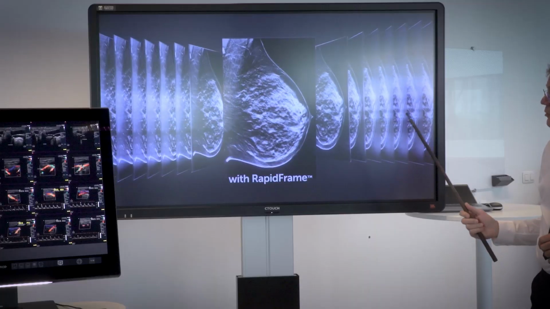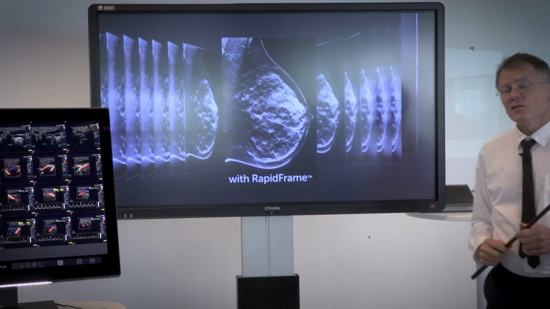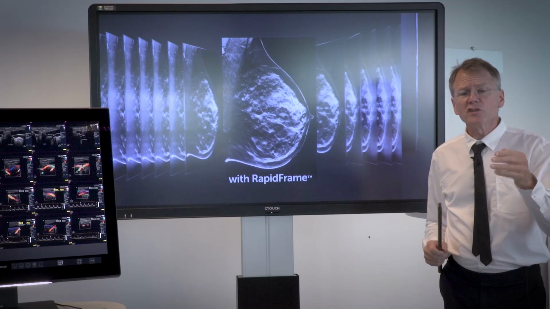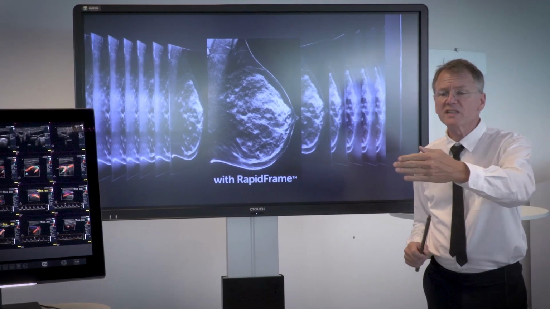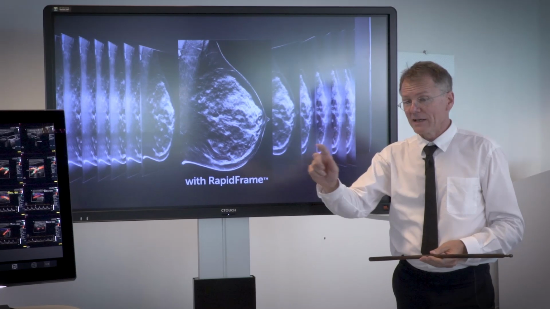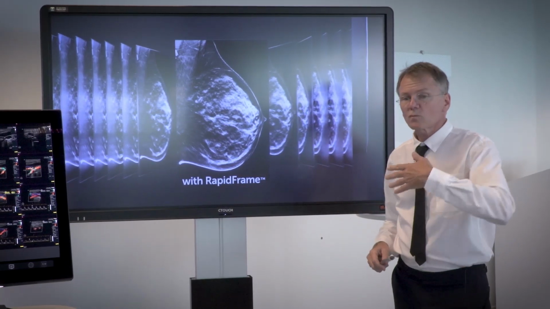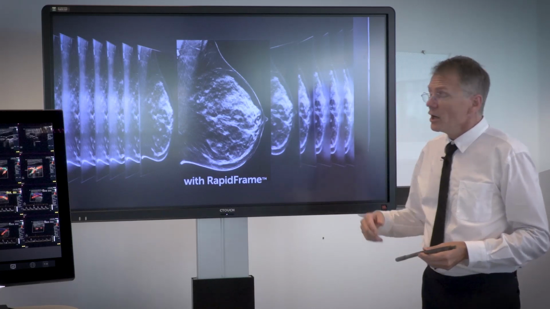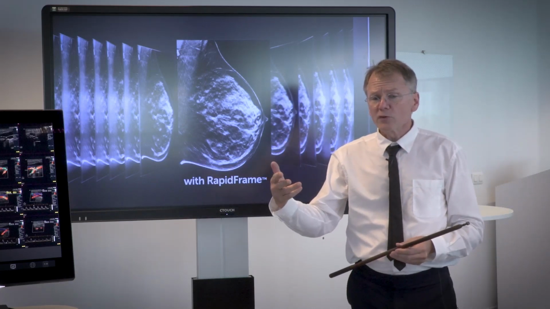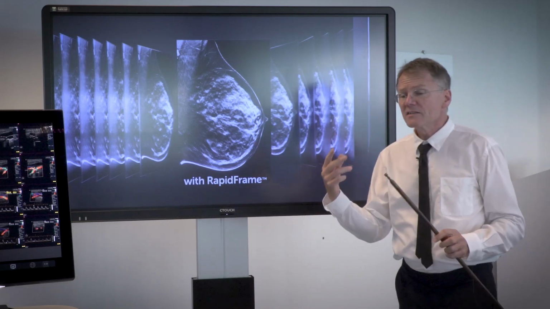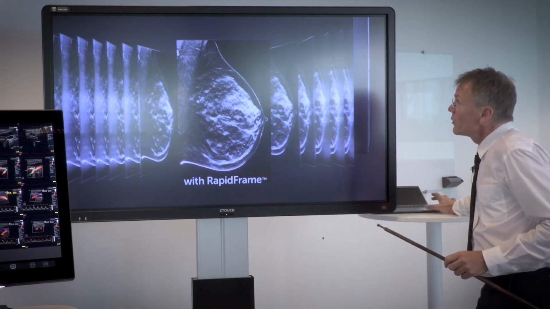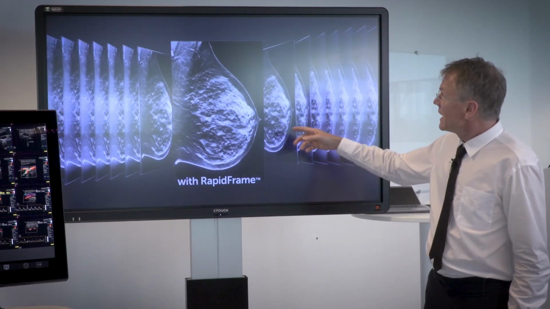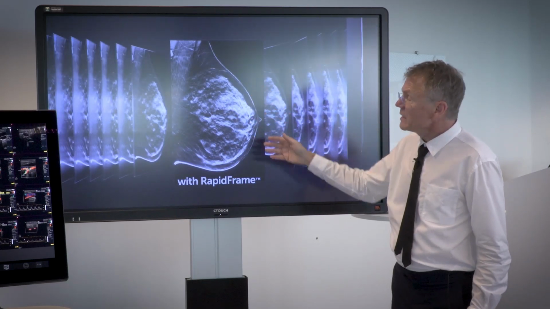And now if we talk about the rapid frame feature. Rapid frame makes it so that when you flip images in, say you're scrolling through CT or moving a magnifying glass around on the screen, or going through the tomosynthesis slices of a breast imaging exam, what you want is that as you flip through those, they're nice and crisp, right? So if I go forward here again and show this, here's someone who's using the touchpad to flip through the images, and you want them to be changing very smoothly.